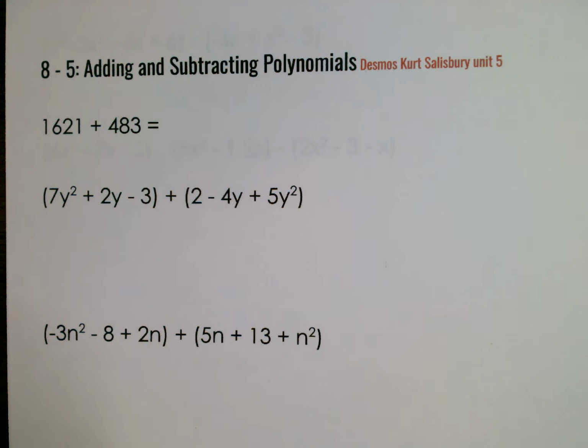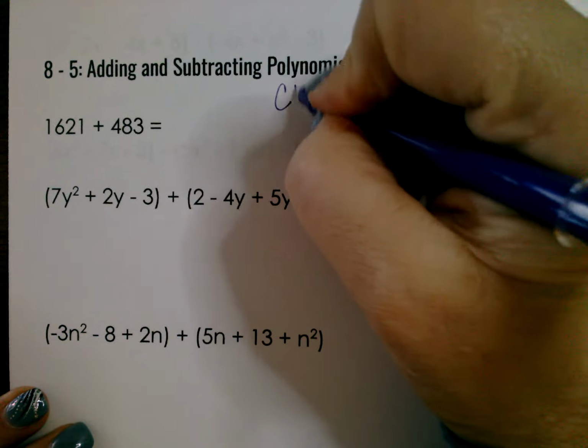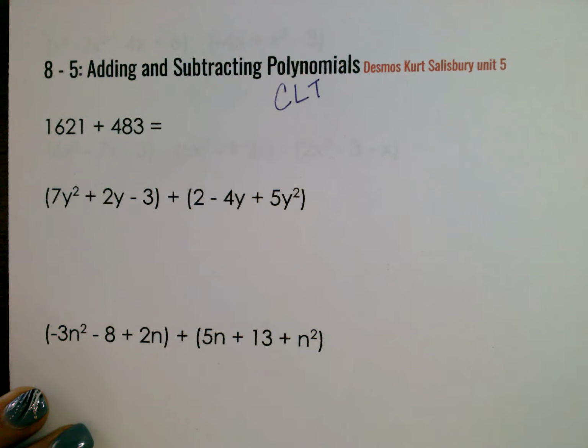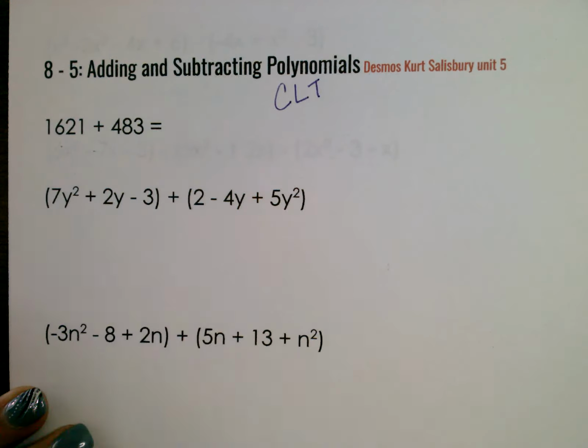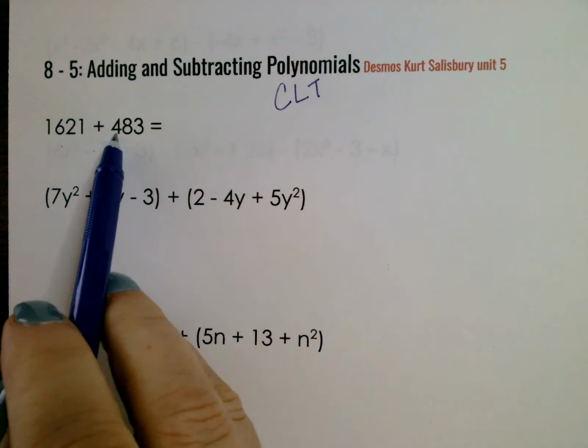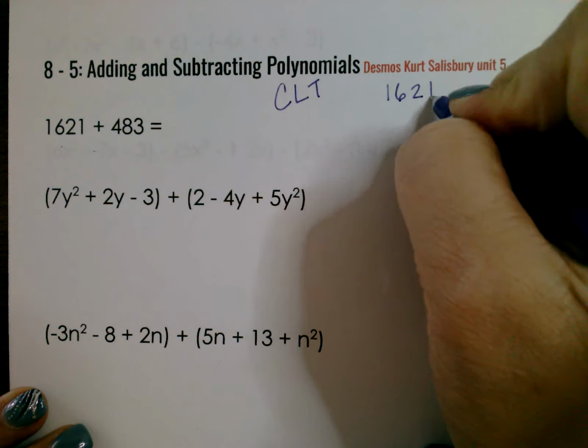Adding and subtracting polynomials. This is very, very straightforward. We're going to continue to think of it as combining like terms. Back in elementary school, when you were adding numbers like 1621 plus 483, I am thinking that your teacher would